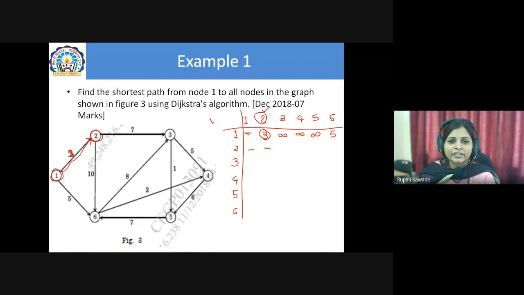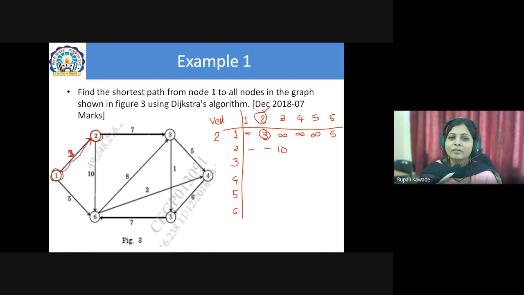See, I will write here which vertex. Okay. Which vertex have we selected here? The 2 vertex we have selected. So I cannot write 7 here. This thing we have done in the Prim's algorithm, right? We used to write 7 here in the Prim's, but now here you need to write a 10 instead.